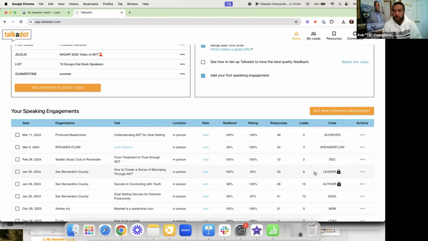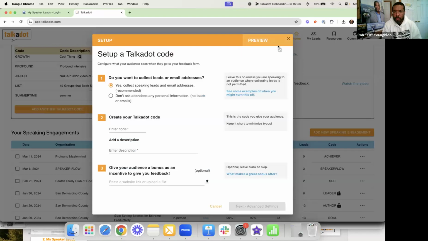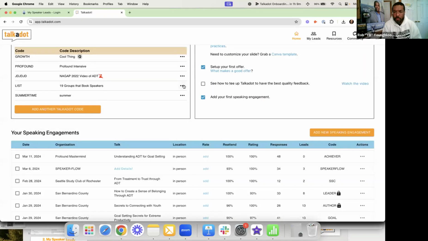And then step two, the other thing that I would do is make sure to use the link. So after you create your slide here with Talkadot, click on any of these three dots and it'll say copy code link, right? So I would copy that code link and put that into the description of it. Like, hey, I'm going to be speaking to Dave Webb today. He's going to be teaching us about how to make the best